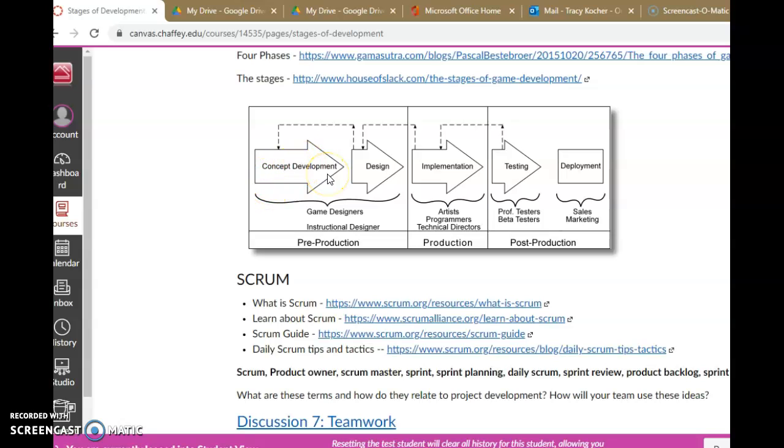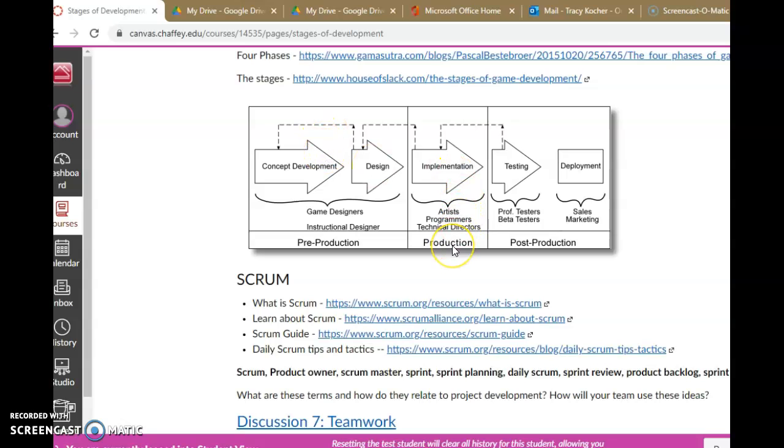We start off with the concept, which is where we were in the previous project. Everybody came up with a concept, and that's where you're a game designer. That's called pre-production, because in pre-production, you haven't built the game yet. Even if you've built a level or a demo that goes associated with it, the game still isn't there. Part of pre-production comes design, and design is where you take a concept and you start fleshing it out a bit. So we are somewhere around this area on your game development as we speak.